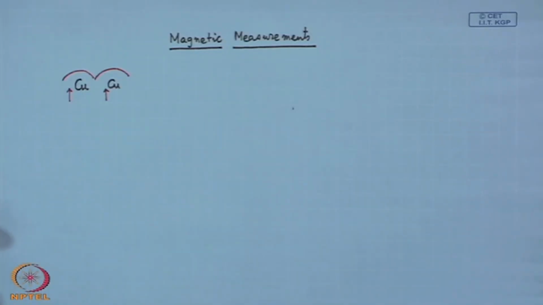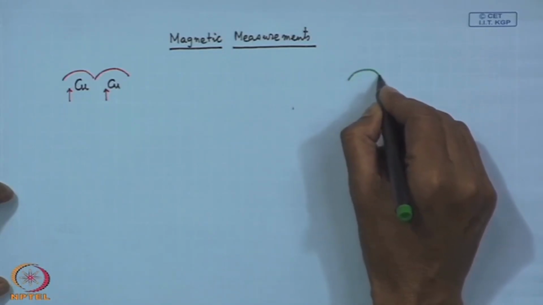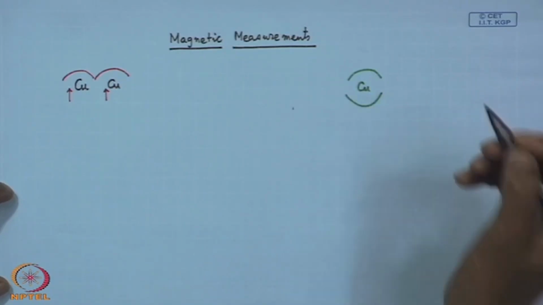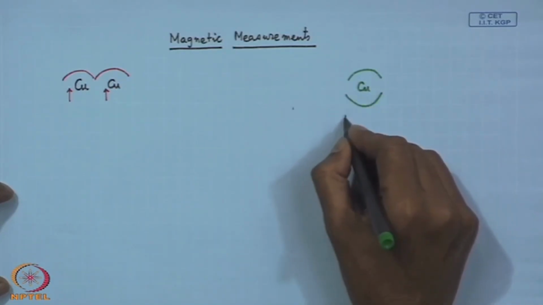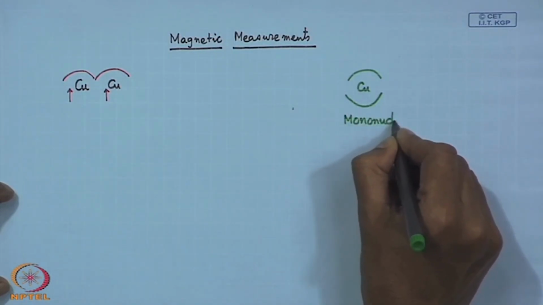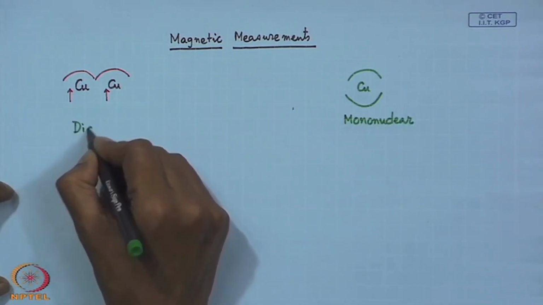This can be compared with some other species like our simple copper complex, which is mononuclear. So, if we have a mononuclear complex, and this is obviously a dinuclear one,